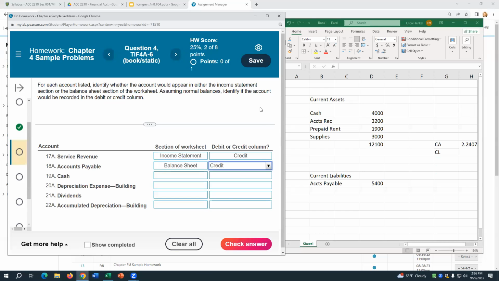So just always remembering, that's debit side, this is credit side. So if we have revenues increasing, is that in our debit or credit, and then expenses are decreasing that in their